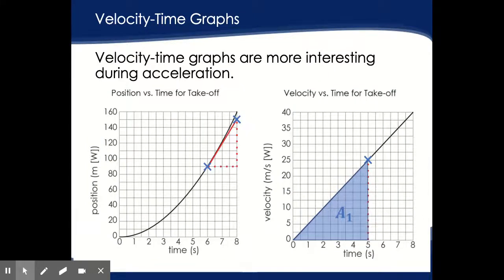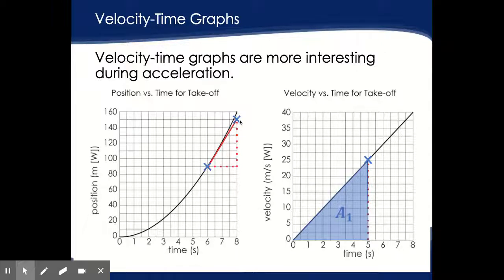So when we're looking at graphs that are showing acceleration, these are going to be a little more interesting. They're slightly more work to calculate here. So these two things here, we've got a position time graph on the left. Again, since it's accelerating, you have a curved line. It's an exponential graph. So you can see where they drew their tangent lines, and they would have been calculating,